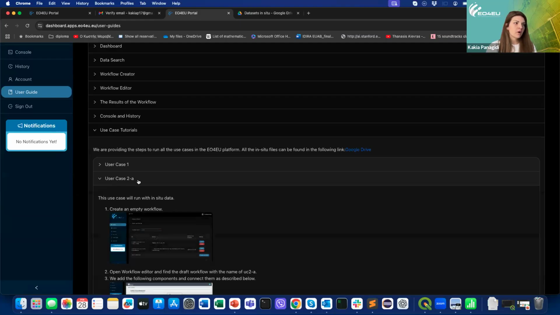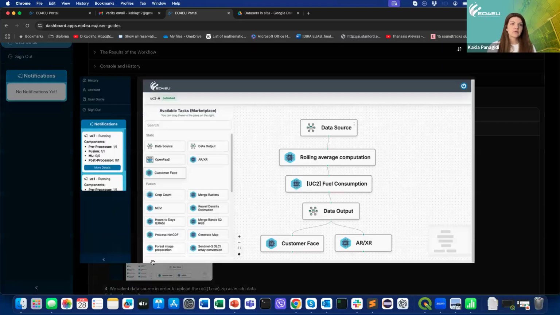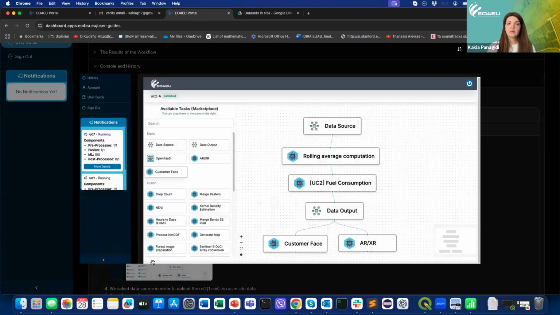Use case 2A is about a use case coming from the Naos company. Naos is a Cypriot maritime company that would like to upload its sensors data from